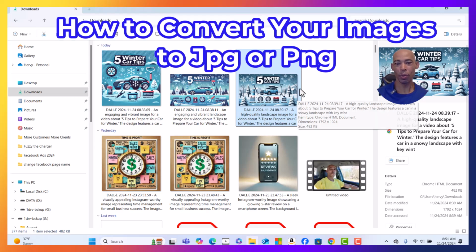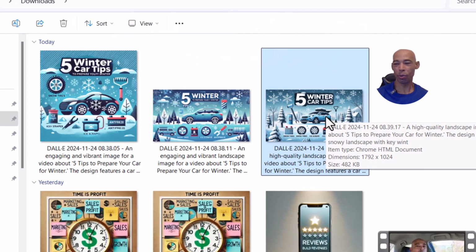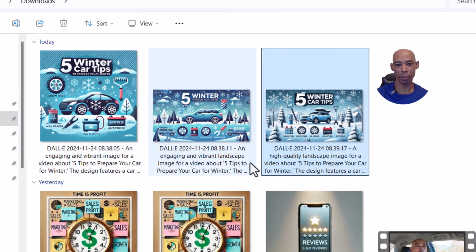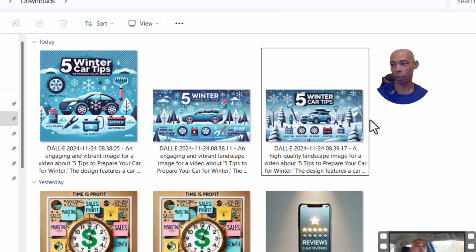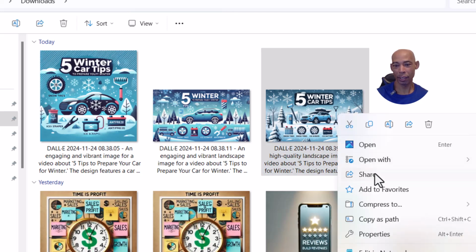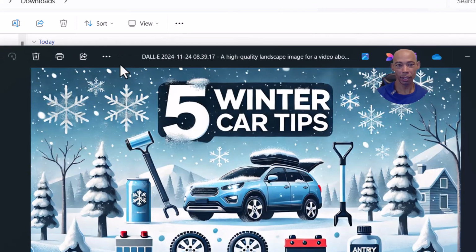Okay, I know one of the things you all are probably encountering is downloading images from ChatGPT, and it's got all this mess with it. It's a web file instead of a JPEG or a PNG. And all you have to do is right click on the file and say open with photos and go over here, save as,